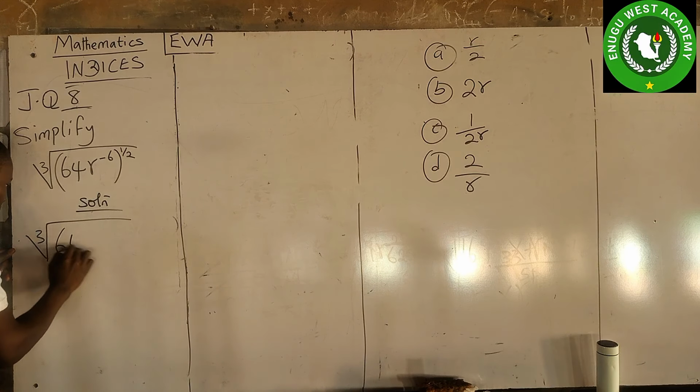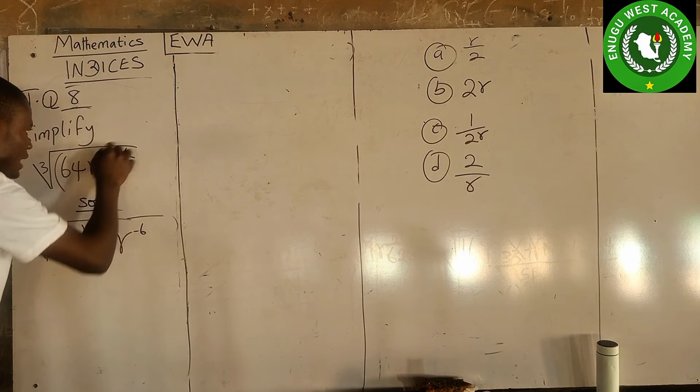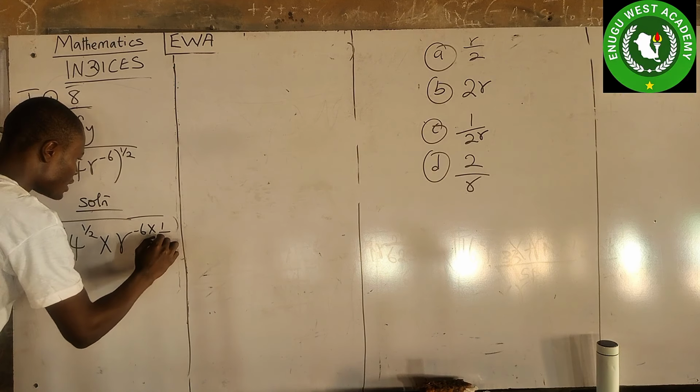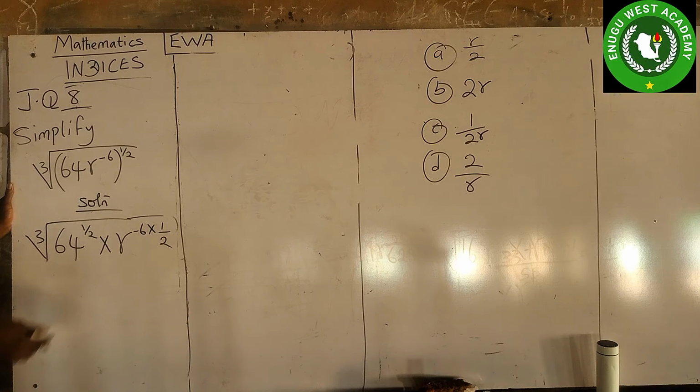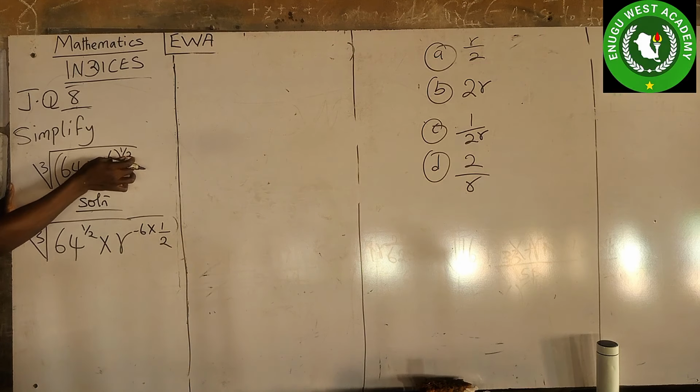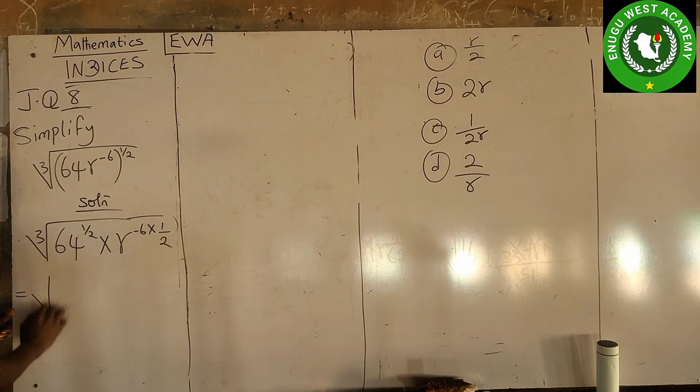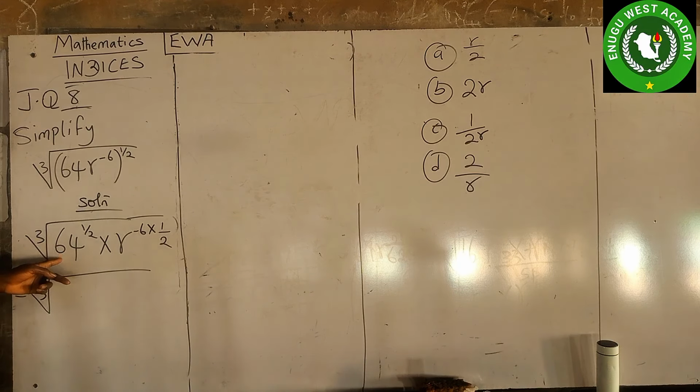Then this our r, we can put times r raised to power minus 6 times 1 over 2. If you can remember, the 1 over 2 we give to 64, the same 1 over 2 we also give to r, product power law. You share everything to everybody. Now this will be equal to cube root. Now 64 to the power 1 over 2 means what? Square root of 64. So we have the square root of 64